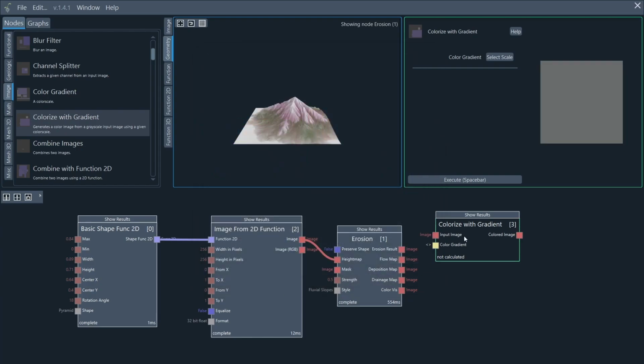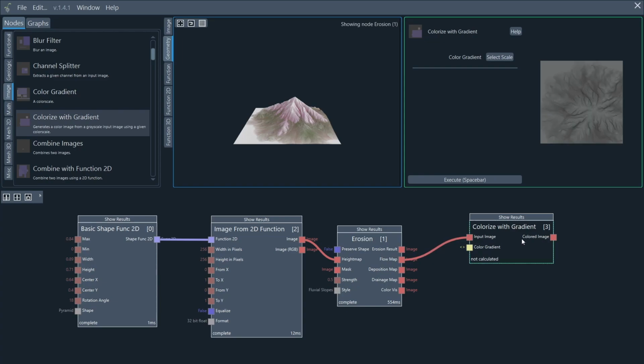So this is our color gradient now, and to choose between the two colors of the gradients, I'm going to use our flow map, which is also an output of our erosion node, and this map indicates the areas where rubble or sediment or water flow down the mountain. I'm going to connect that flow map to the input of our gradient generator, and now I can see that if I click on the Colorize with Gradient node in the preview window,